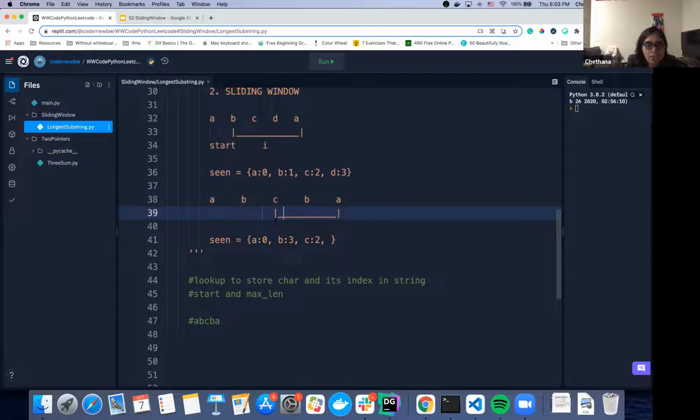So I think this is the crux of the problem. When you move the start pointer, you automatically move the I pointer to the